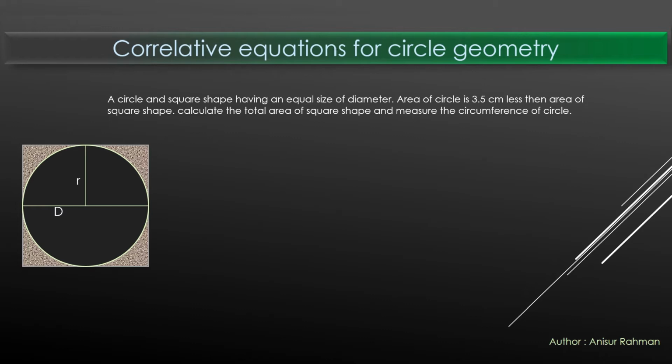That means the corners area, excluding the circle, remaining in the square shape is 3.5 centimeter. So let's say this corners area is small letter a. We write the equation for this corners area: small letter a is equal to qr square. So we can simplify this equation as r square is equal to small letter a over q, where a is equal to 3.5 centimeter and constant q is approximately